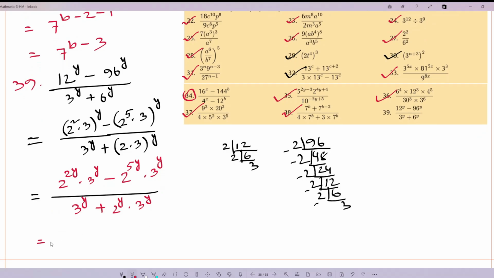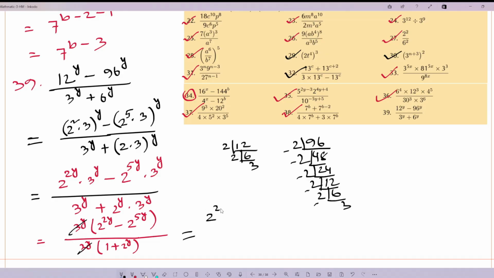So now we will take common 3 to the power y, so here is 2 to the power 2y minus 2 to the power 5y, and here again 3 to the power y common, so 1 plus 2 to the power y, right? So 3 to the power y cancels, so our answer is